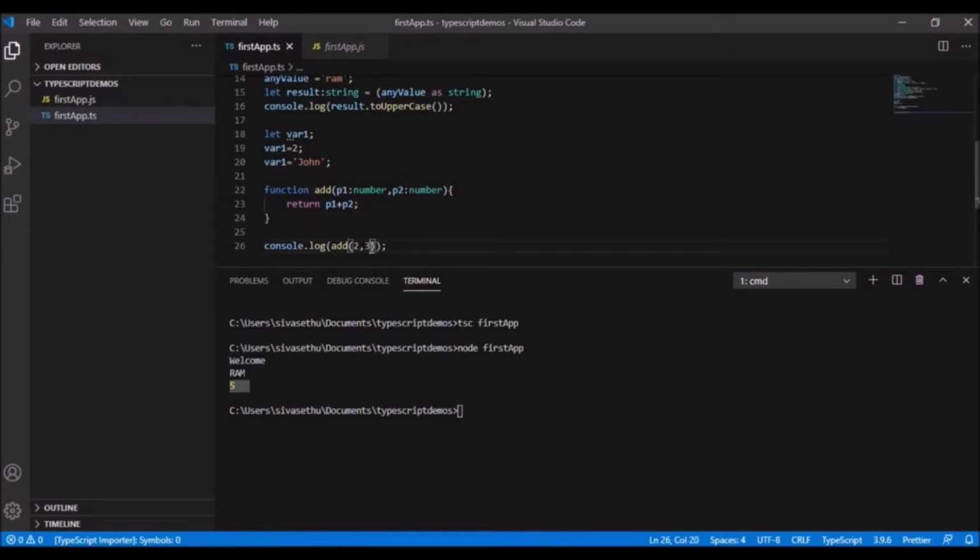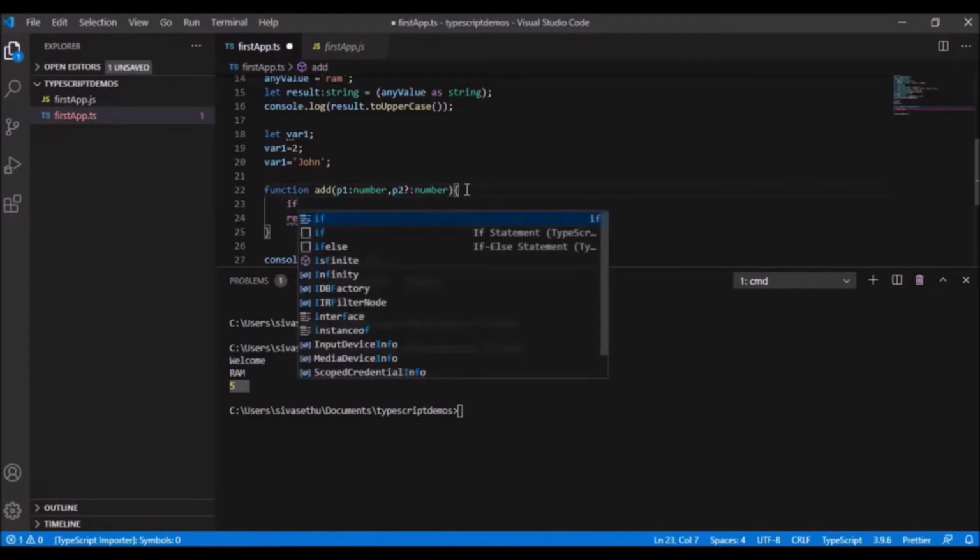Okay. So what if I do not pass this parameter? It is going to obviously throw me an error saying p1 plus undefined, since you are not passing this parameter. So there is a way to handle it. You can say p2 and then a question mark. By this way, I am telling the compiler that there may be a value coming for this parameter or not. So it is an optional parameter. So we have to handle that correctly.